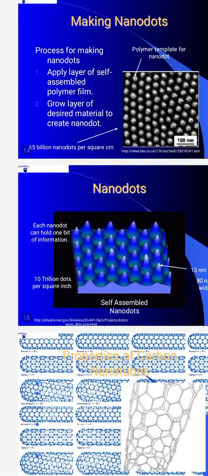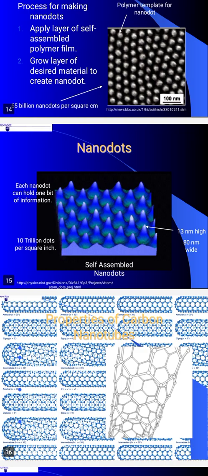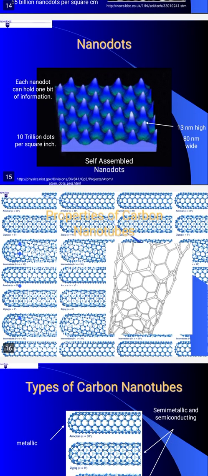I have already said that one dot will store 1 bit. You can use it in memory, the hard disk of the computer. So each nanodot can hold 1 bit of information. So 10 trillion dots per square inch. That means how much data you can store. 30 nanometer high and 80 nanometer wide. Self-assembled nanodots are shown in this picture. Now